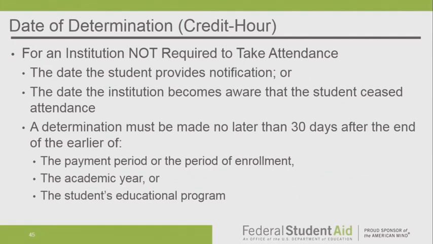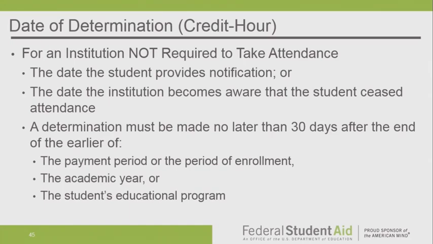We talk about withdrawal date, and that's very important because this is the date that you use to determine the earned percentage of aid. There's another very important date in R2T4 that we also need to talk about now, and that is called the date of determination. The date of determination is important because that's the date that the clock starts ticking. Once you've determined that a student has withdrawn from his or her program and is now a withdrawal, once you determine that date, then you have some deadlines that you have to meet in order to comply with the R2T4